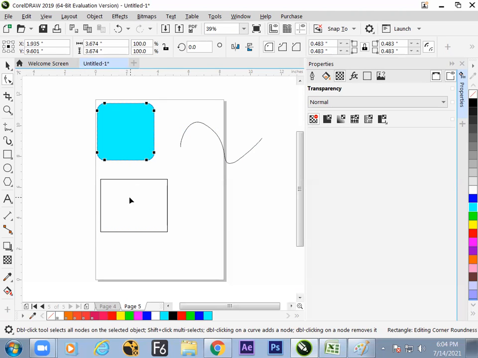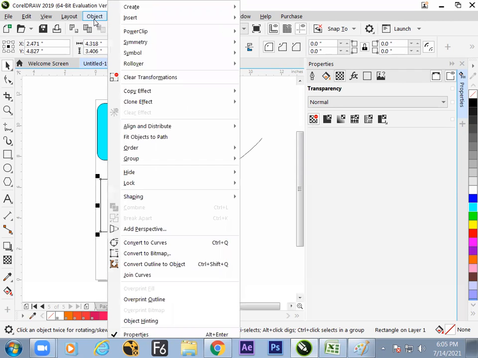To get rid of this problem, they came up with a solution. And what is the solution? Turn the basic object into a convert to curve object. It is the technical term. Let us go to the Object menu, and there is an option called Convert to Curve. Note it down. It is the most used option in CorelDRAW.